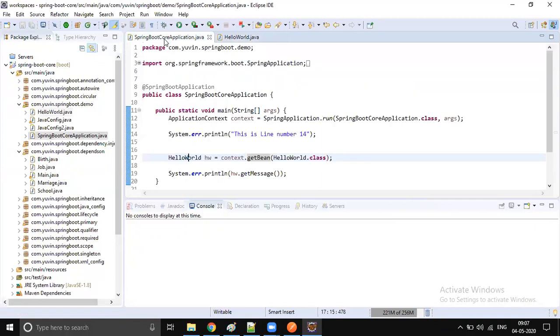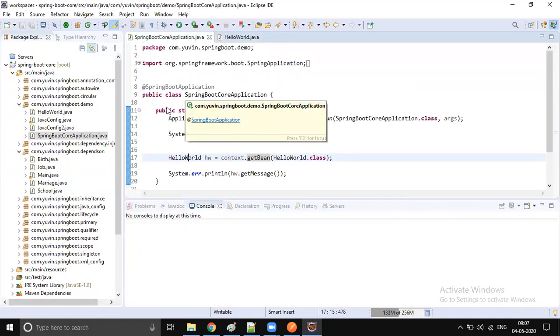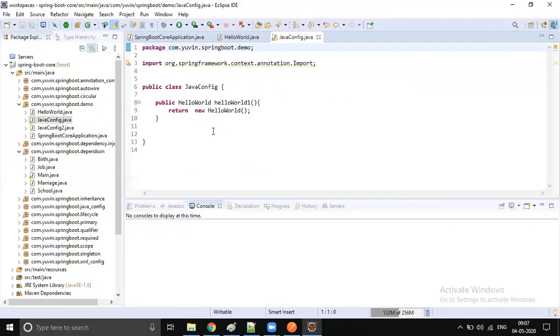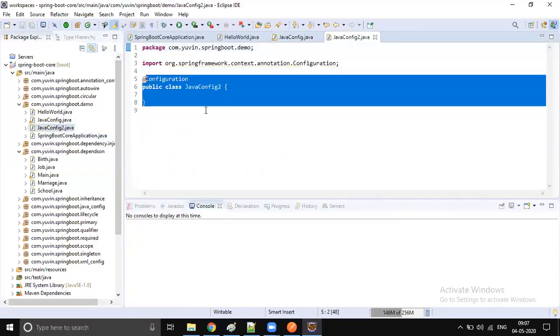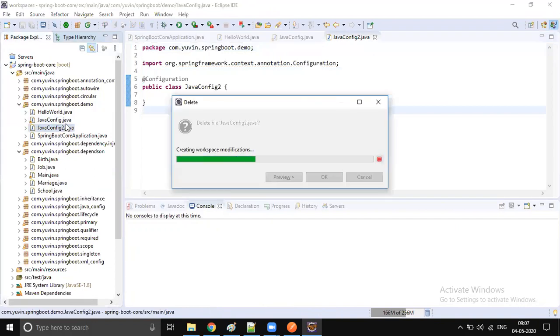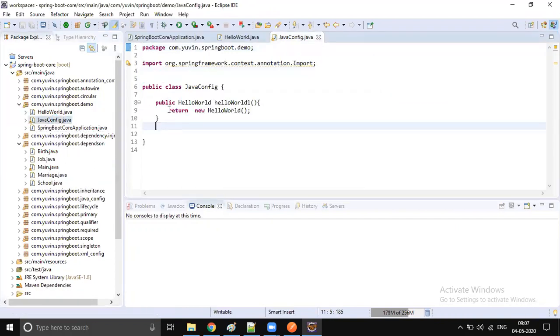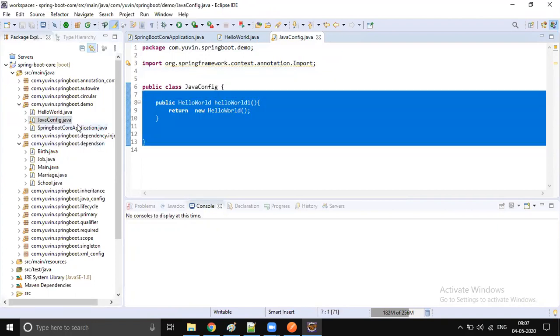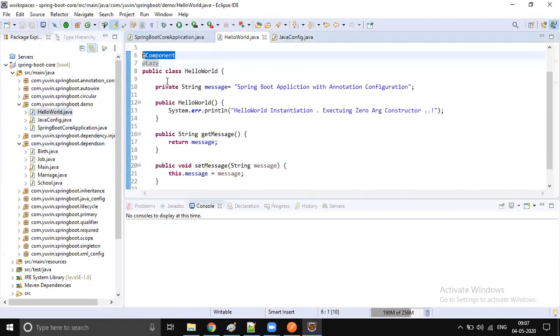Now there is a slight difference in output. In configuration, we don't have configuration annotations, so this won't be working. So here I don't write any configuration. Let me delete this Java config too. Even though we are creating the object, we don't have annotations. This is dummy. So my component only will work, and we attach the lazy.